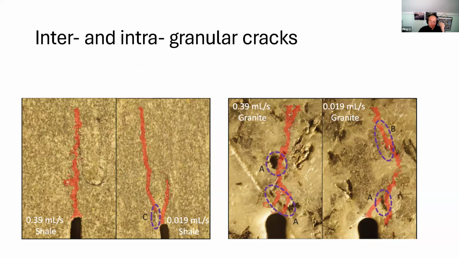And so what we can then superimpose, as I've done here, is what the actual images of the surface of the rock look like in relation to the observed cracks that we see. So here in the shale, the grain size is still quite a bit smaller than the resolution we have on the camera. So we can posit that these generally follow bedding planes, as I would expect, but it's hard to see exactly what's going on. But when we come to the granite, we can see exactly the grains that are being activated,